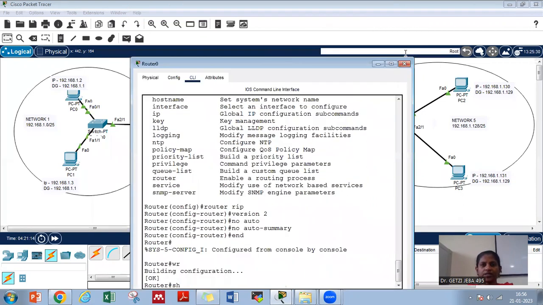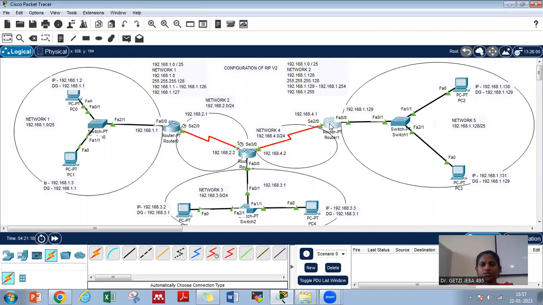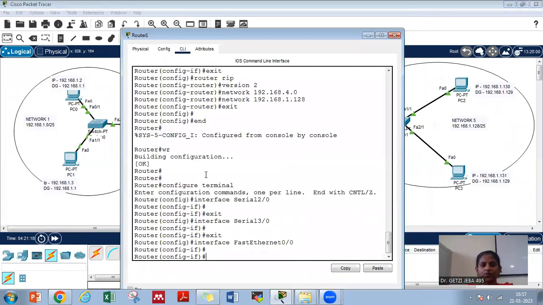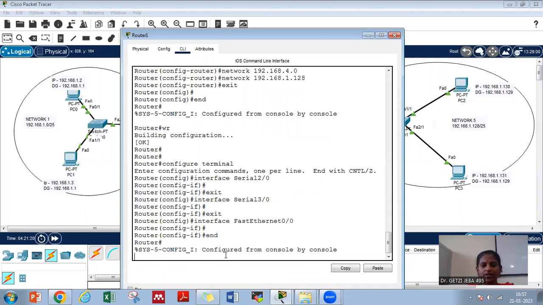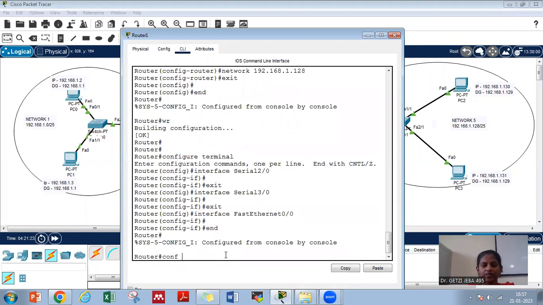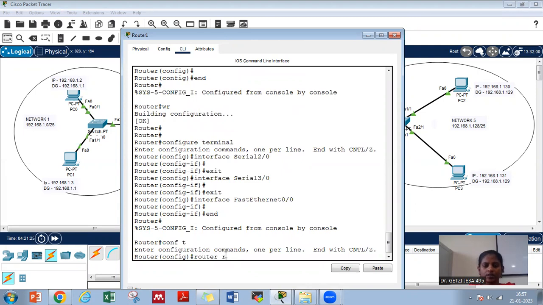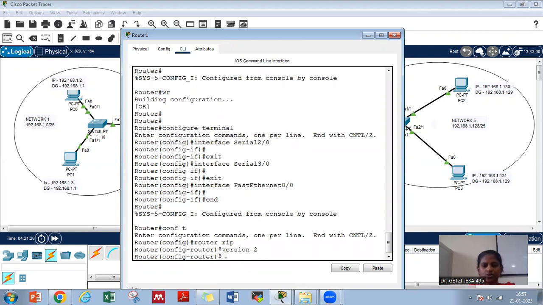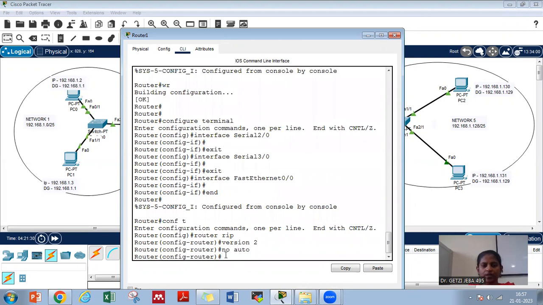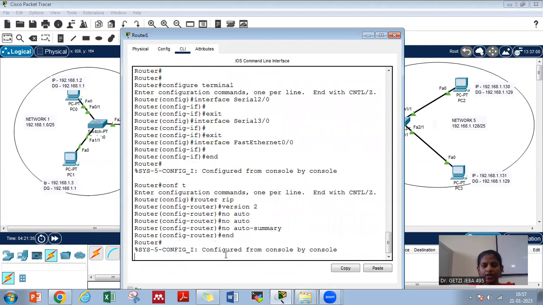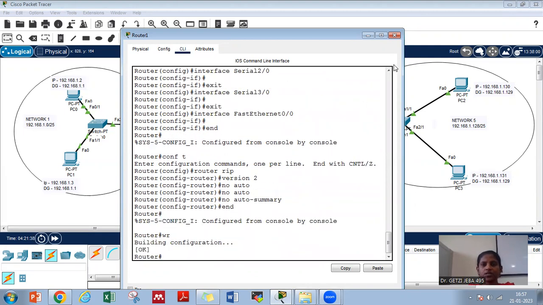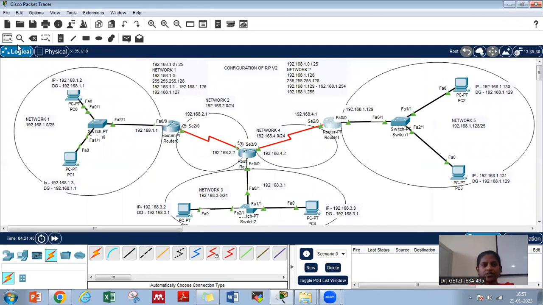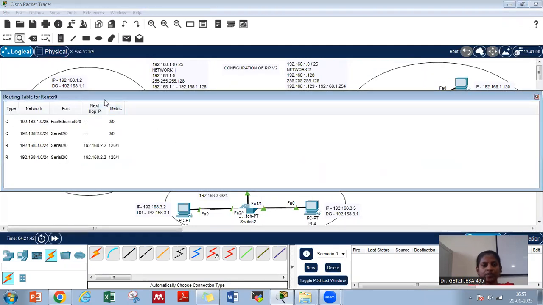The other side also we'll give this, because these two routers have the subnetted networks. So here I'll give an end. Config t, router rip, version 2, no auto-summary, and I'll give an end and save. Now if you check the routing table, we'll check if it has learned all the routes. Yes, now you could see that it has learned